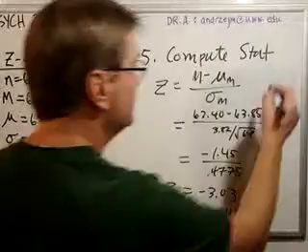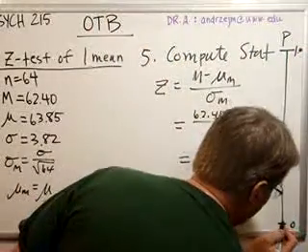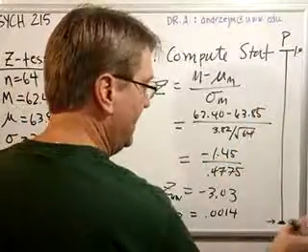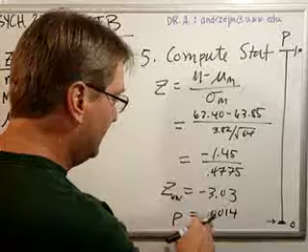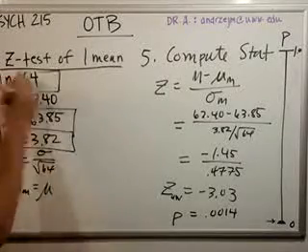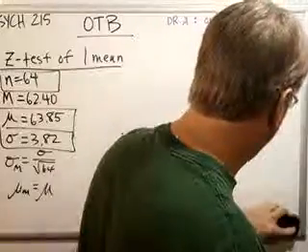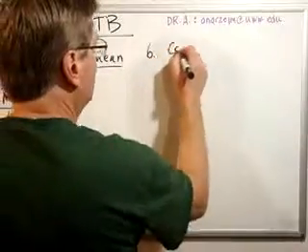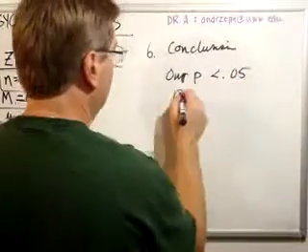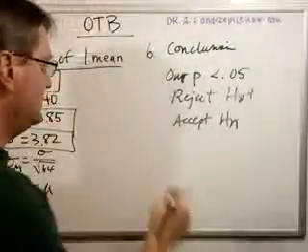0.0014. If this is our scale of p-values from 1 to 0, our p-value is down over here. If this is our probability scale of sure thing to not going to happen, ours is way down there. The probability that our sample came from a distribution described by these features right here is really super low. So, in step 6, we state our conclusion. Since our p is less than 0.05, we reject the null and accept the alternative. And we have evidence to conclude that